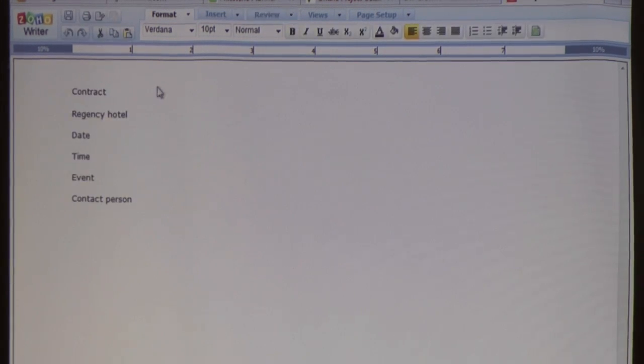Okay, great, thank you. So here's just a little document that I created. Pretend I was thinking, if I put a program together and I'm going to a hotel, I'm going to have a contract. So this was my initial word processing attempt. You'll notice we're now in Zoho Writer, which is one of the free tools. There's a whole suite we'll look at in a couple of minutes called Zoho. And Zoho Writer is a competitor to Word. Again, I like OpenOffice, but a lot of people like Zoho. They're a very popular